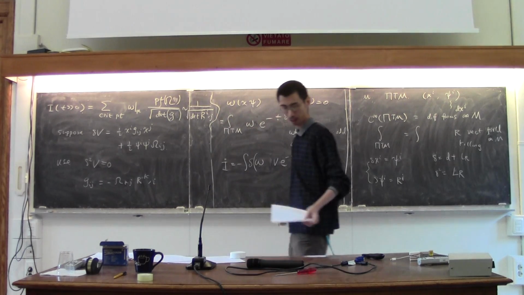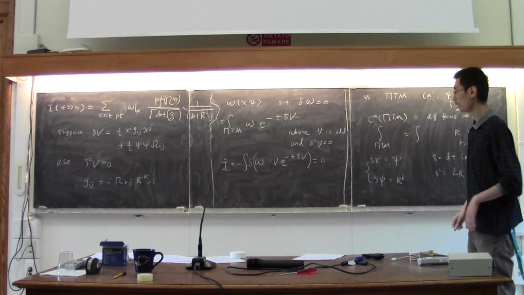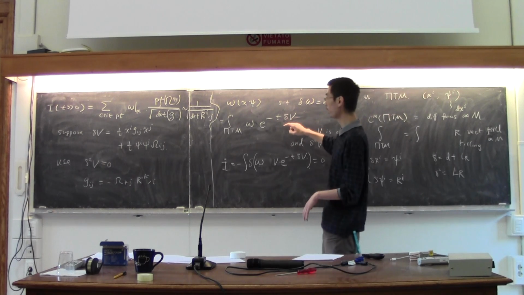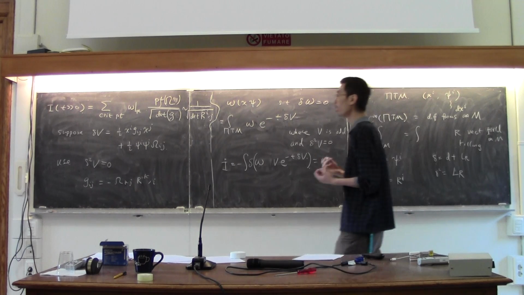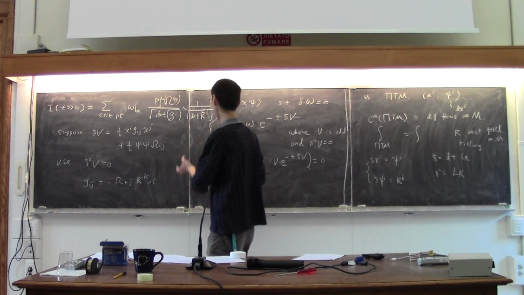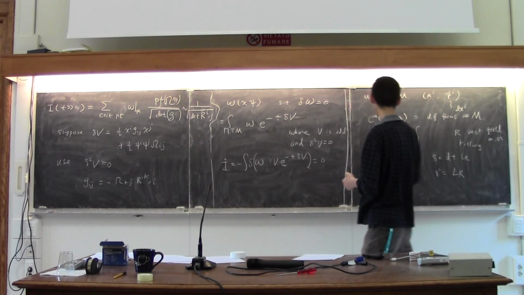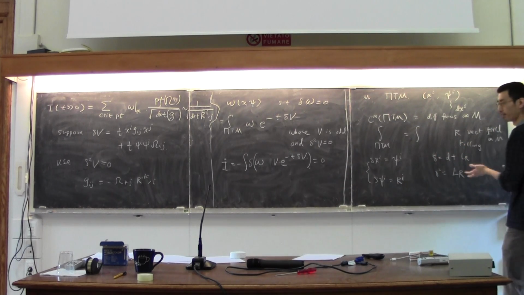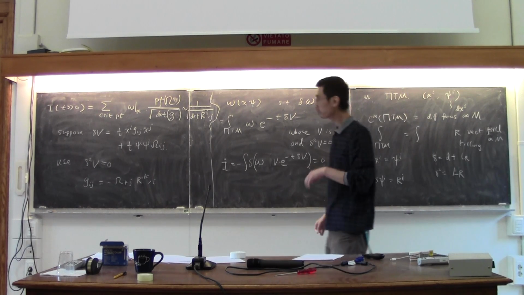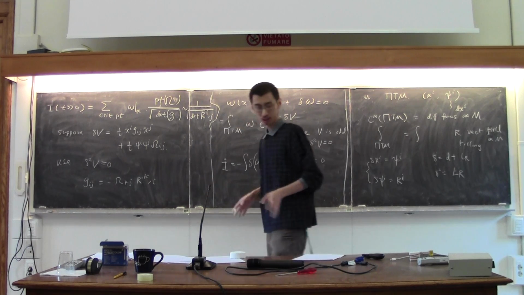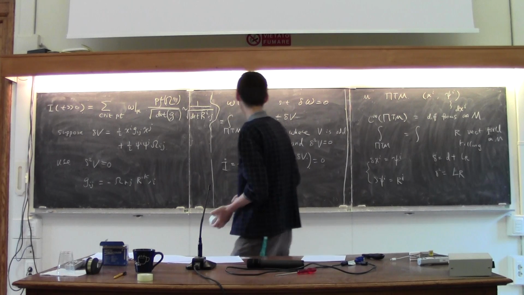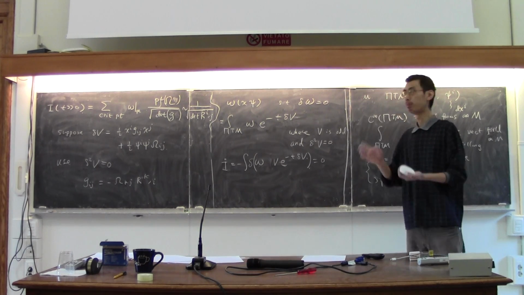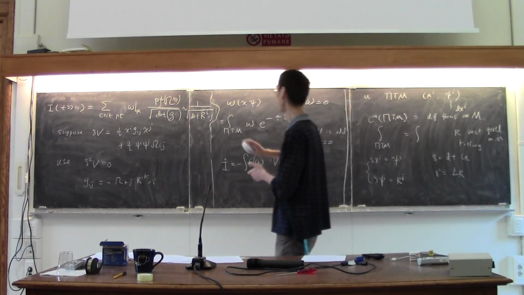So let me just summarize what happens. To do the localization, you need to make a wise choice of this V, which will determine for you what the critical points are. But once that is done, the determinant factor to be computed is always given by the same Killing vector that you have chosen. So this is basically the procedure of localization. So how do we apply this? Before I move on, any questions?